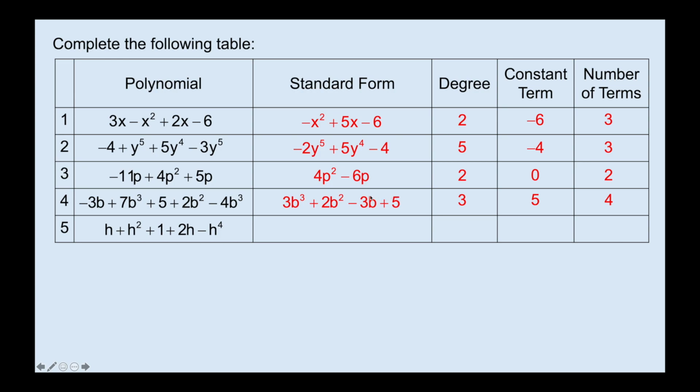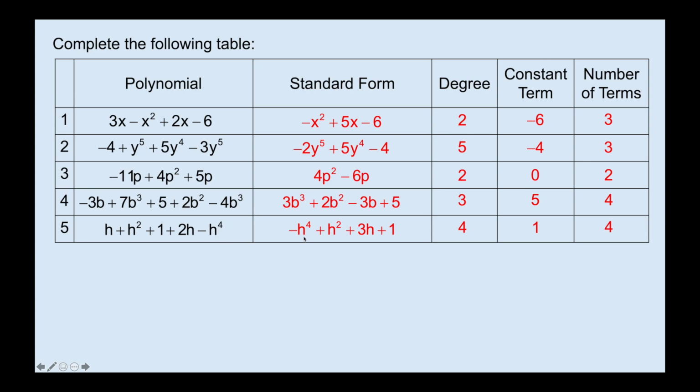My degree, highest degree within this is 3. Constant, the term without a variable, is 5. And then for the number of terms, again, don't judge it until it's in standard form, but we have 1, 2, 3, 4. And then finally for question number 5, when I rewrite this, highest degree is 4, so I